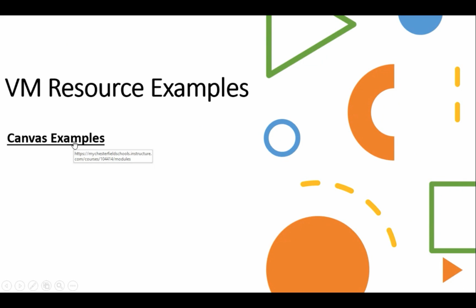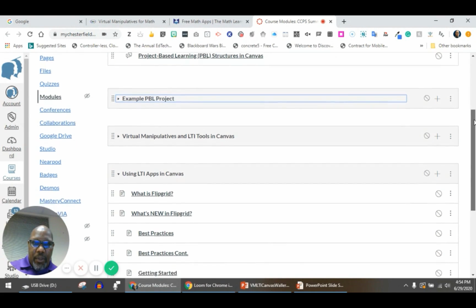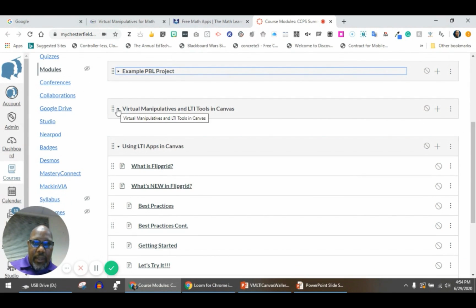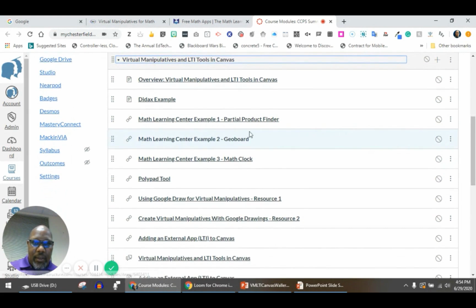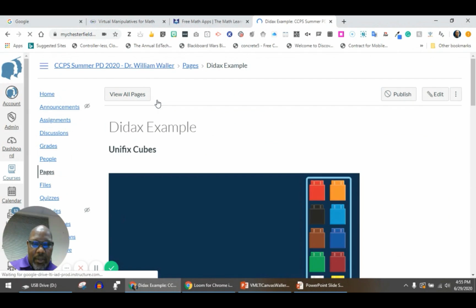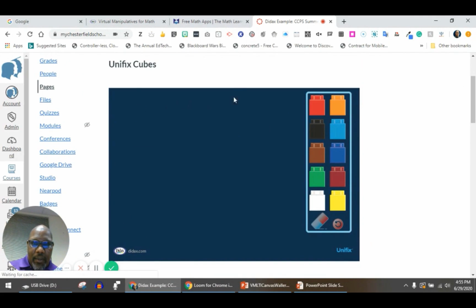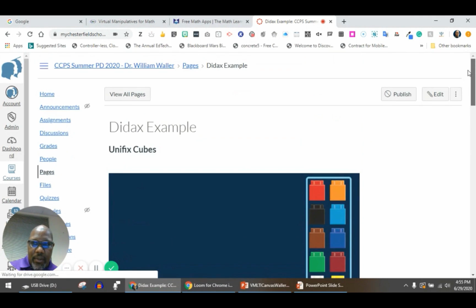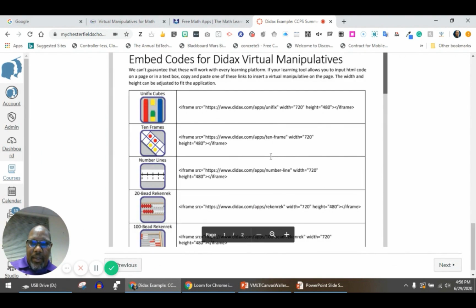So Canvas examples, if we go to the course, if you go down to VM virtual manipulatives and LTI tools, you're going to see some examples of how these look in Canvas. So you have the DIDAX example where these are embedded in Canvas pages, and I can manipulate, bring those out, and if I want to get rid of them, the embed codes document,